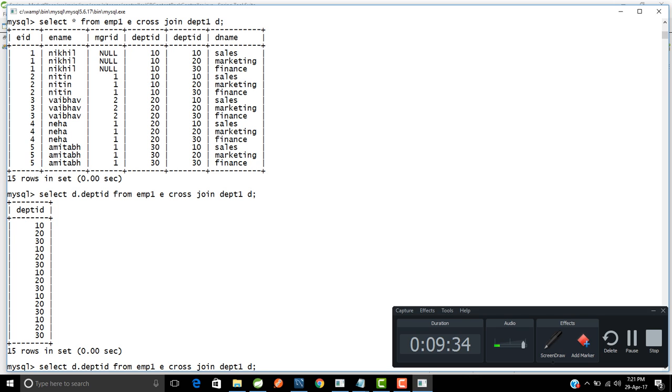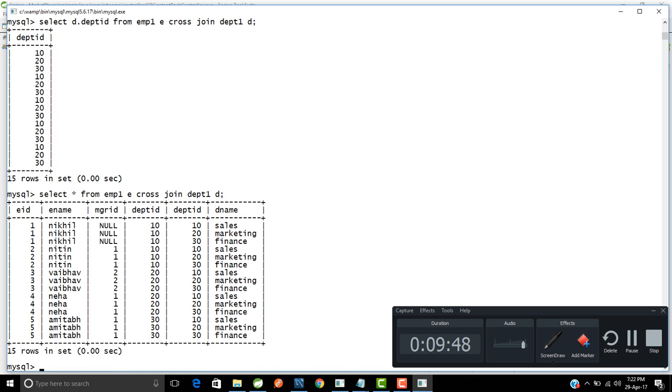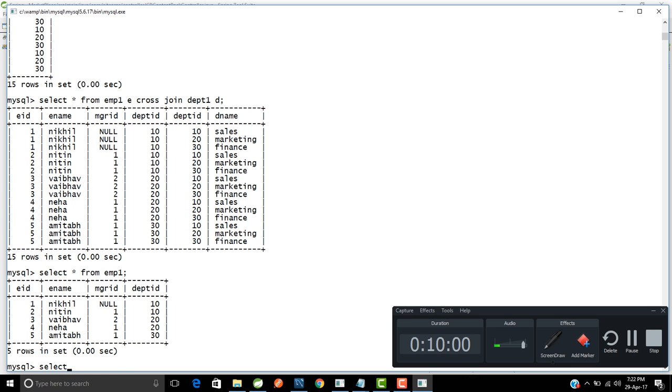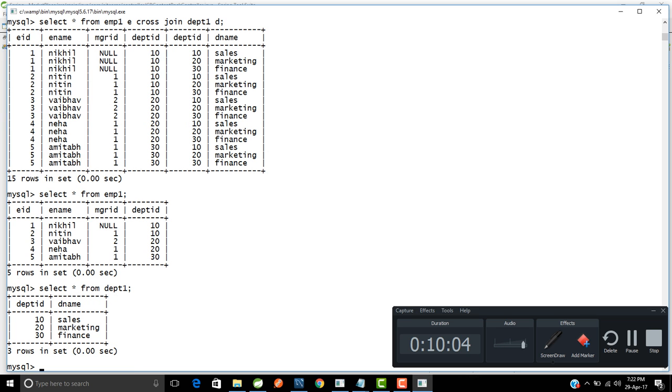So let us again work it out and try to understand this query. Select star from emp1, suppose I say like this, all right. Now I will also say select star from emp1 and select star from dpt1. Okay, so now if you just have a look at these tables,